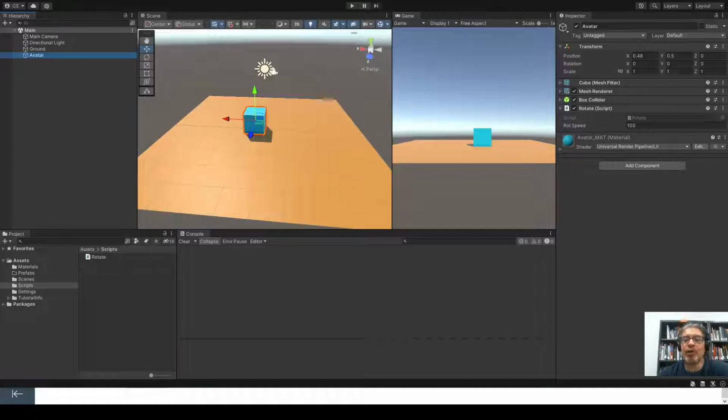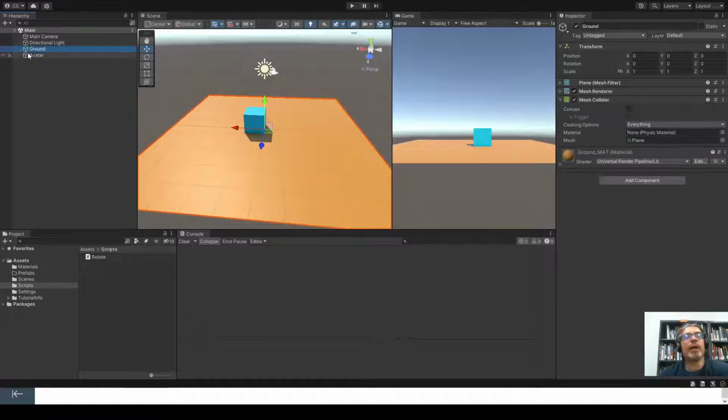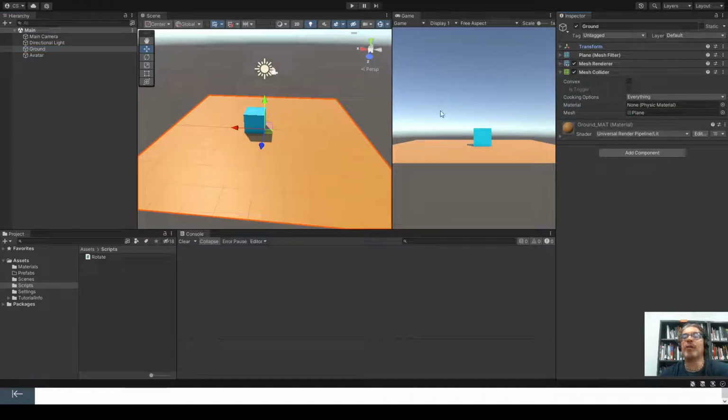Hi, today we are going to talk about GameObjects and components. Here in the hierarchy we already have some GameObjects: the camera, directional light, the ground and the avatar. Very well. When we click on one of them, in the inspector we see all the components it is made of. For instance, the ground, that is this orange plane, has a transform component, a mesh filter for the plane